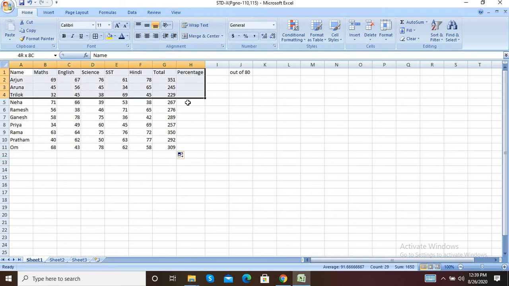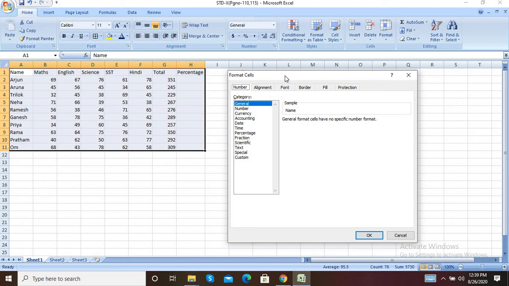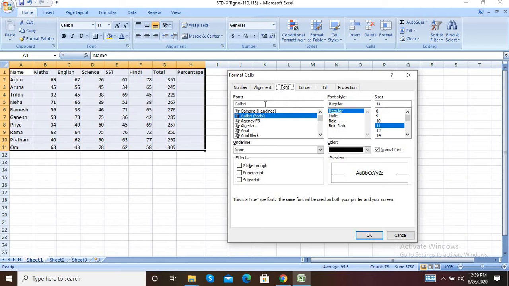For that, select the whole data and go to the number formatting quick launcher bar. When you go to that quick launcher bar, there is a Font tab. With the help of this font type you can change the font.